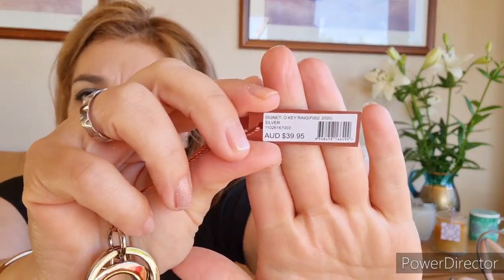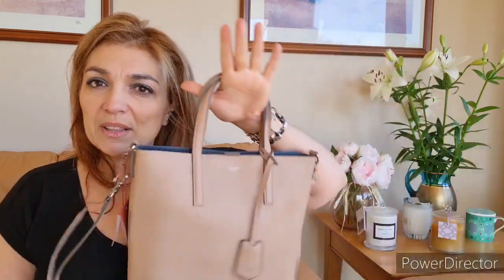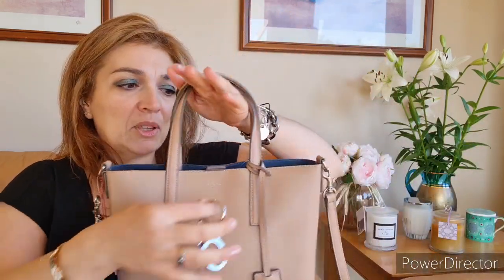I suppose if they removed this part, then it would look even more minimal. But I don't mind a bit of dangle, clearly. And this one, this is called the Signet O-ring in silver, and it was $39.95, but I think I picked this up half price and then 40% off. It wasn't very expensive at all. So that's what I purchased to bring the price of this down, and I don't mind because it gives a